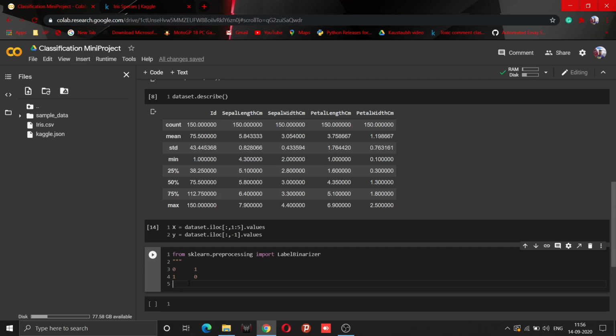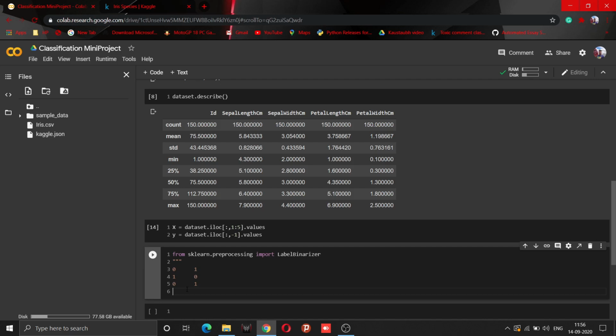For example, in the 50th row there is female, and in the 51st row it is male. So in the 50th row there will be 0 in male and 1 in female because the output is female. And similarly in the 51st, there will be 1 in male and 0 in female. So we will make 2 columns like this, and wherever male occurs, the male column will contain 1, and wherever the female label occurs, the female column will contain 1. So this is the basic part of one-hot encoding.